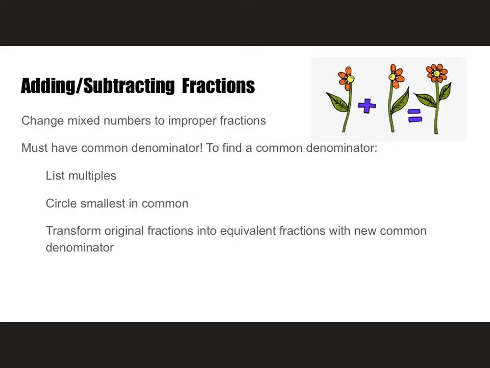We will start with adding and subtracting fractions. In order to add and subtract fractions, you need to first of all change any mixed number to an improper fraction. And remember, a mixed number is something that looks like this. It has a whole and then a fraction as well. So you want that to change into an improper fraction. And the way that you do that,